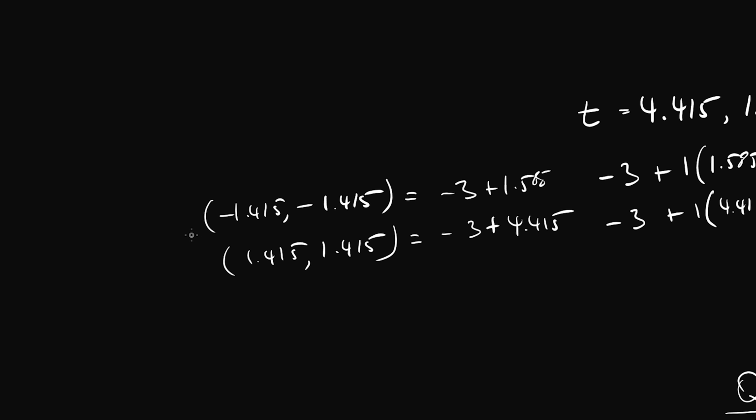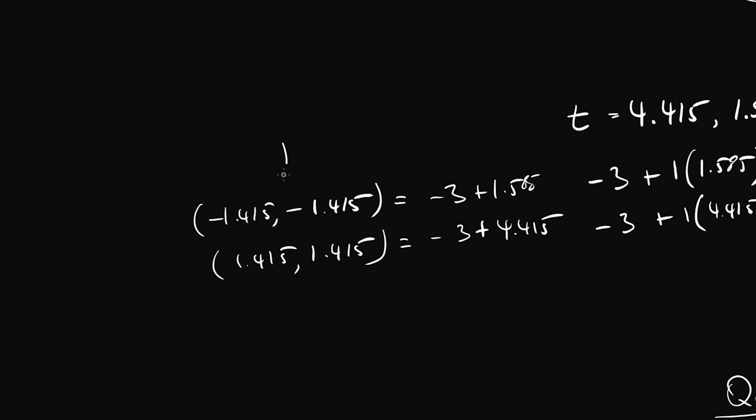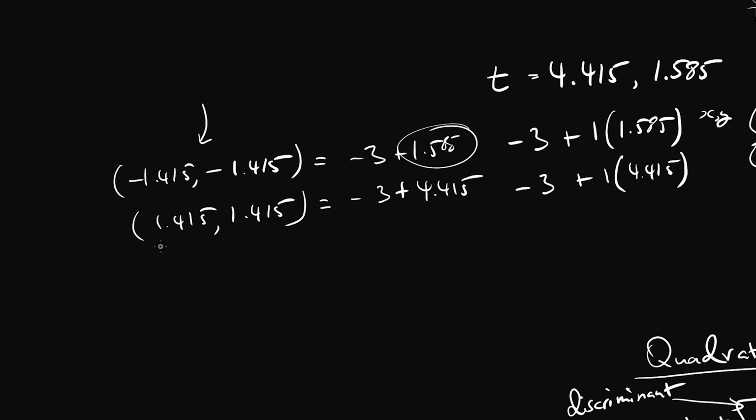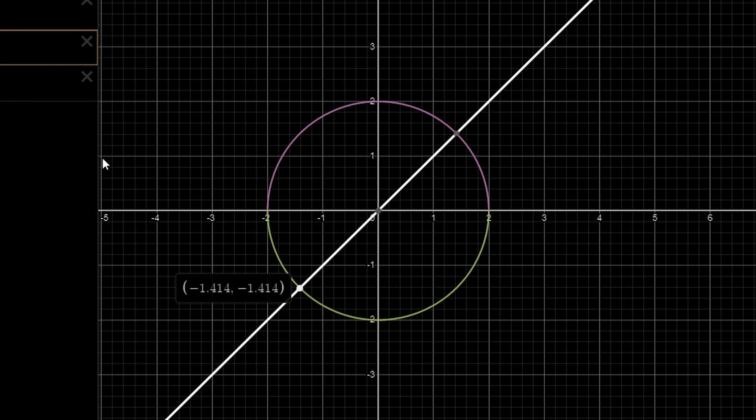So we know that the answer of the two intersection points are, we have one intersection at this coordinate, and this was the first intersection because the distance along the line is lower than the other one. So this is the closest hit. And then the second one over here has this coordinate here, right? So positive and negative 1.415. Let's go ahead and double check with our graphing calculator, and you can see the answer is the same. Now, of course, square root of 32, I approximated it, therefore we didn't get the exact right answer, but you can see that it is the same, right? Negative 1.414 and positive 1.414.